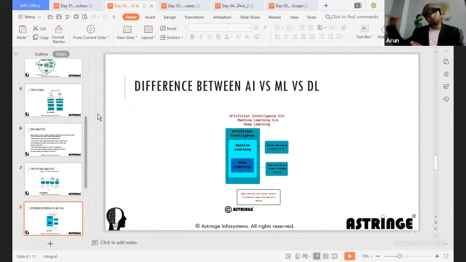But having said that, there are pros and cons of each thing, right? Do you always need a deep learning model in all scenarios? The answer may be yes, also may be no. It depends on data, number one, because deep learning definitely needs a humongous amount of data. If you have big data, you can actually go with a deep learning model. If you do not have enough data, then it is better to go with a machine learning model. Or if it's a very simple scenario, you can go with descriptive analytics and diagnostic analytics itself. You don't need to go to predictive analytics like machine learning. But if the data is optimum, and your business comprises predicting some amount of data or insights out of it, then you go with machine learning.